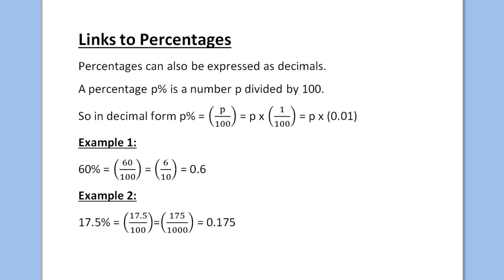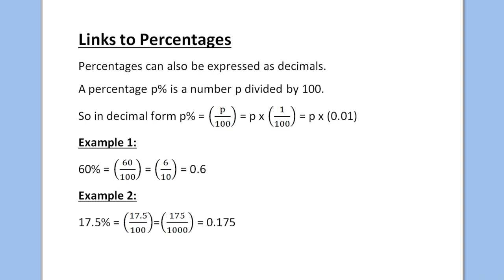Links to percentages. Percentages can also be expressed as decimals. A percentage p% is a number p divided by 100. So if I give you 50%, that's just 50 divided by 100, which is a half. So in decimal form, p% equals p over 100, which equals p times 1 over 100, which equals p times 0.01. Example 1. 60% equals 60 over 100 equals 6 over 10 equals 0.6, because it's 6.00 divided by 10,